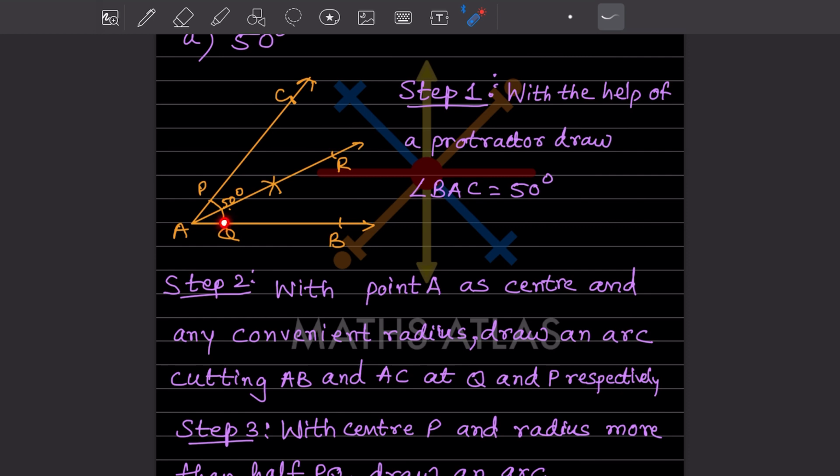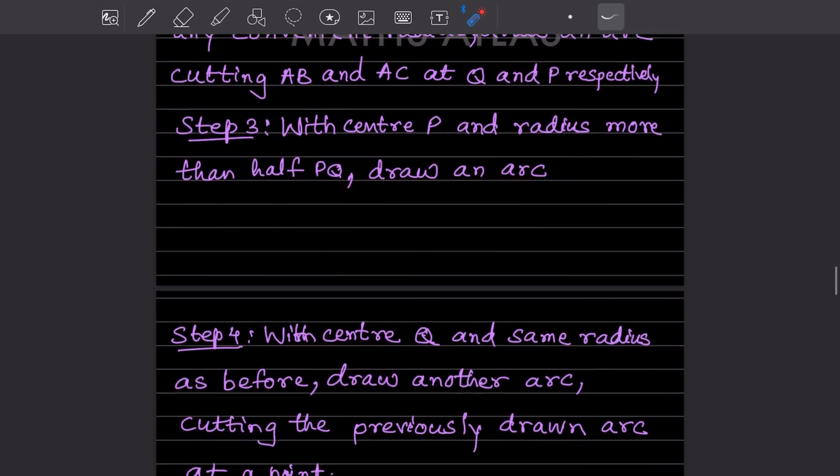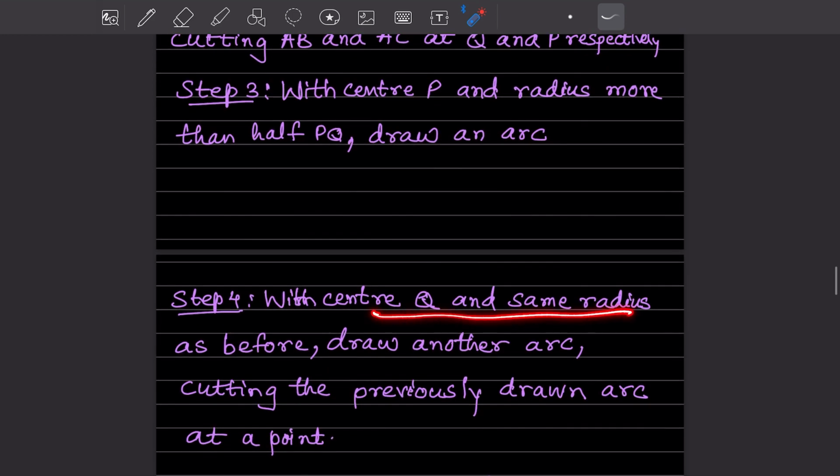You are not going to change the measurement of it. The same radius you took from P, you are going to draw another arc over here. So now see here, this is the arc. You are going to again put a point over here and join this one and put a line. So what did we say? With center P and radius more than half PQ, draw an arc, and then with center Q, the same thing, draw another arc cutting the previously drawn arc at